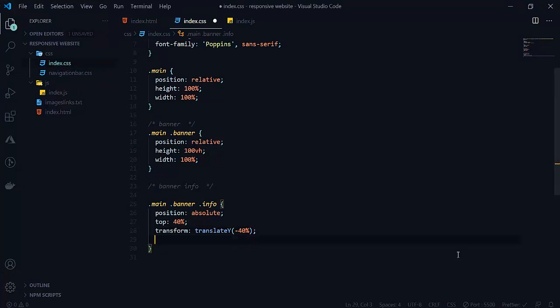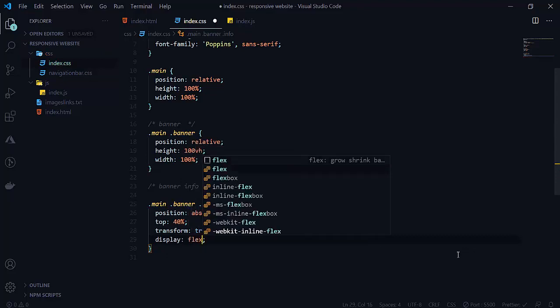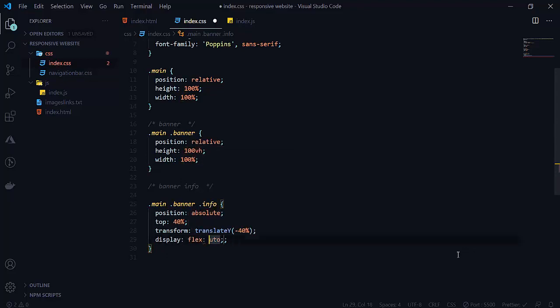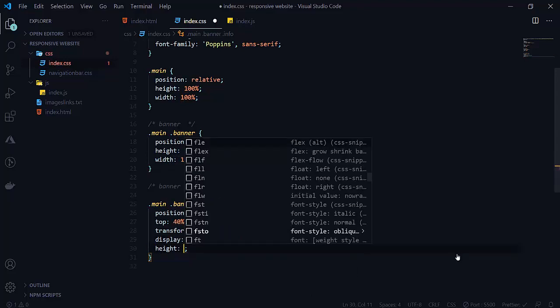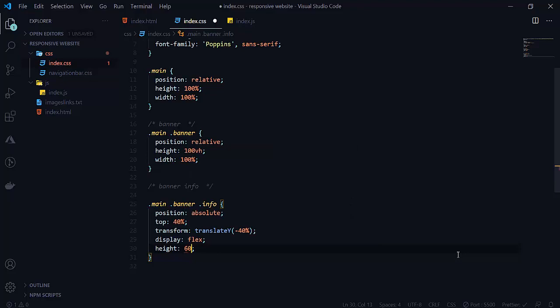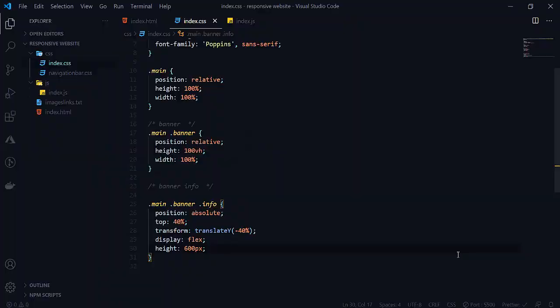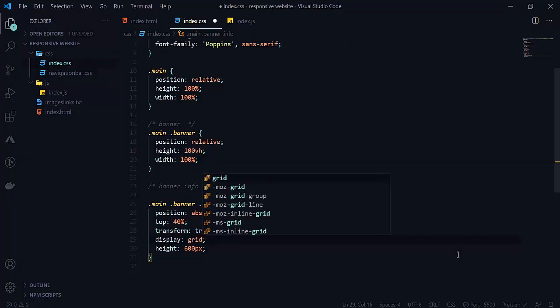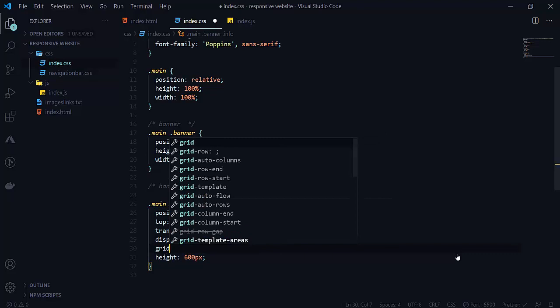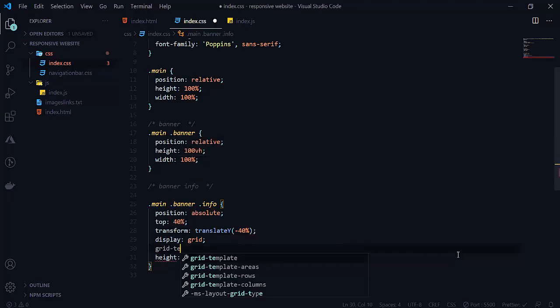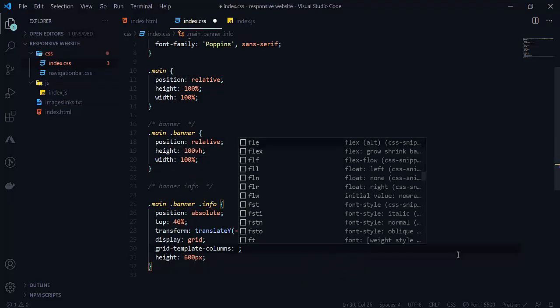Here we want display flex, and here will be our height, let it be 600 pixel. See that our display is flex here, but we want display as grid, and here will be grid-template-columns, because we want to create columns here, we don't want to create rows.